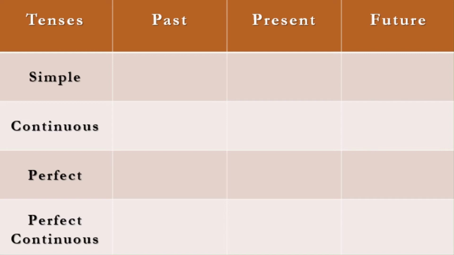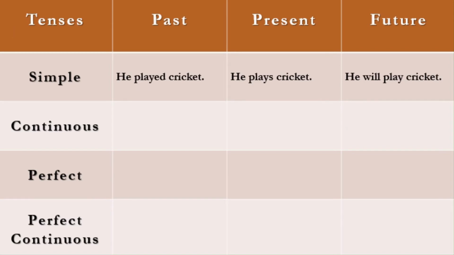I hope you can see the next slide on your screen. Here we have past simple, present simple and future simple. I have chosen a very easy sentence: He played cricket. Make sure that you select one sentence, and we'll be writing the same sentence in 12 different structures, so that it's easier for us to understand the difference in sentence structures, what forms of verbs have been changed, what helping verbs have been added, and what other changes have been made to the sentences. So this sentence here, he played cricket,